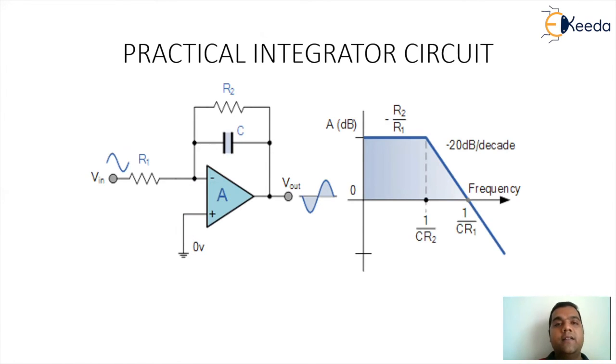We need to understand here that the practical integrator circuitry also works like a low pass filter, where the cutoff frequency is defined as 1 by R2 into C, and the maximum operating frequency will be 1 by R1 into C. This is basically in terms of the time constant values. When you take the frequency value, it will be 1 by 2 pi RC. This is the way we go for the cutoff frequencies. If your observation is very sharp, the integrator circuitry is now converted into a practical integrator because the earlier integrator, defined as an ideal integrator, had some drawbacks, due to which the circuitry was modified into a practical integrator circuitry.